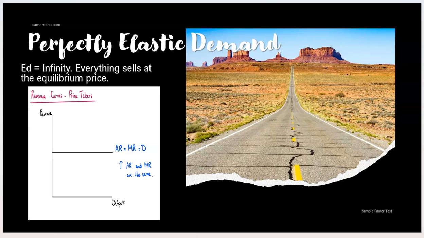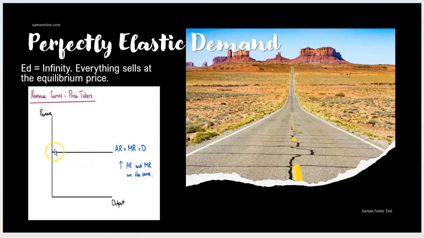Now, what kind of demand or elasticity of demand do perfectly competitive firms have? Well, they're called perfectly competitive because the substitute is perfect. Therefore, what are they going to have? A perfect type of elasticity. But which extreme? The inelastic or the elastic? Obviously, the one that equals infinity. And once I point it out to you, you're going to go, that makes perfect sense. So what they possess is perfectly elastic demand.